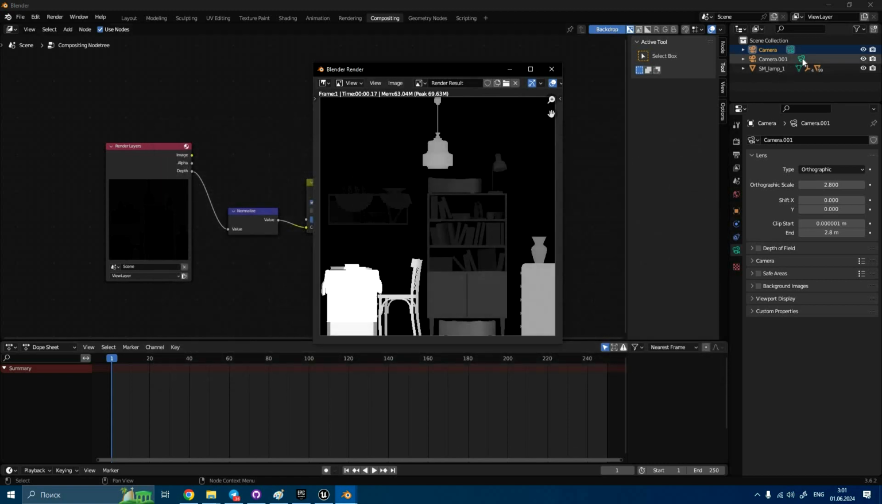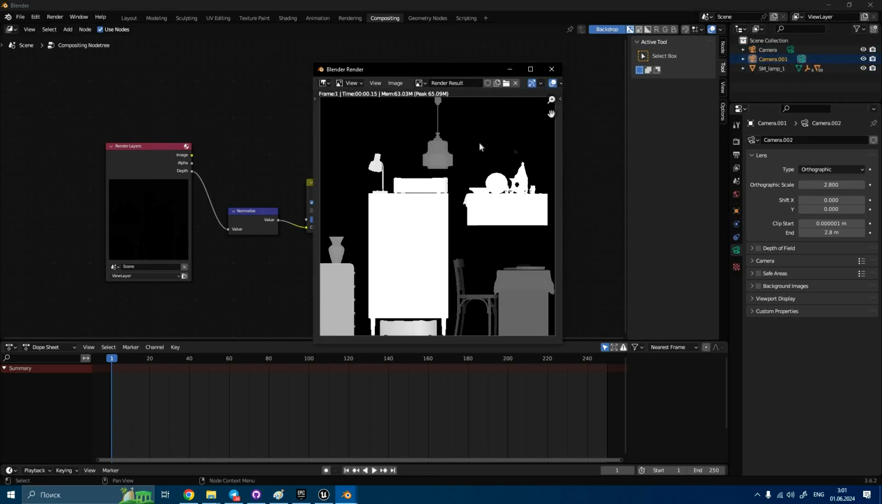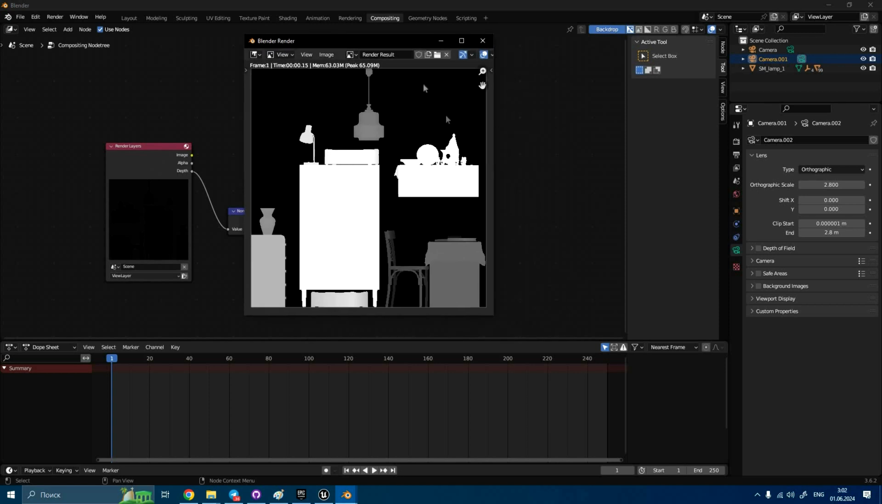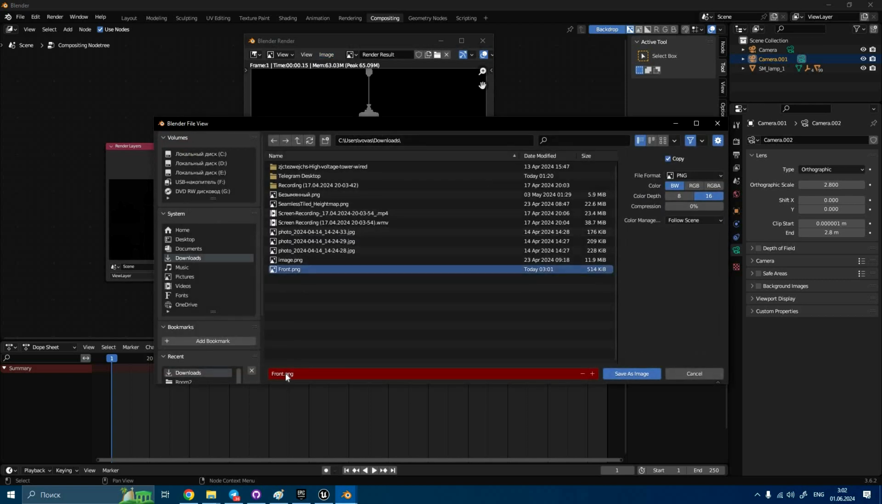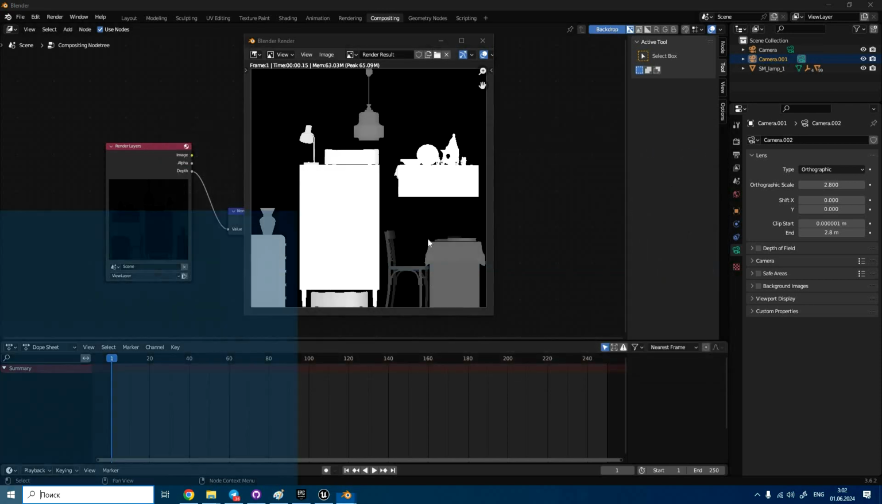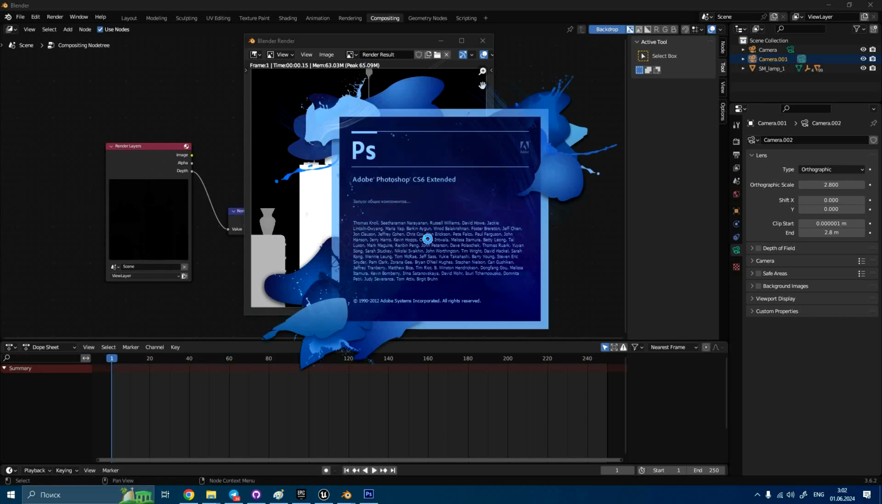After that we should select second camera and render again. As you can see, this produced inverted image, but it's no problem, we will fix it later. We will save it as back. After that we need to open Photoshop or some other photo editor,